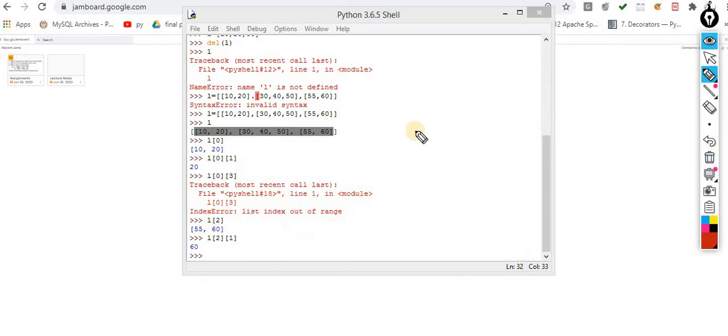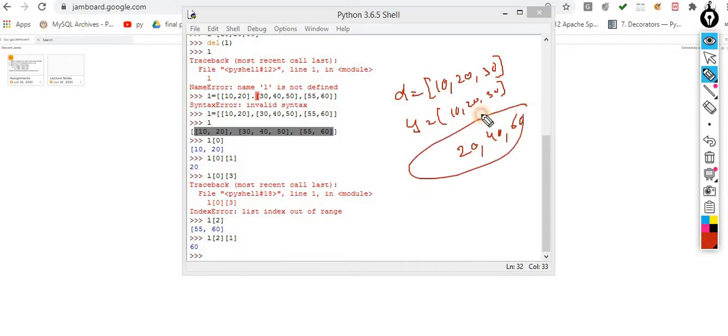For example, just take a simple example. Now this one is data: 10, 20, 30, and this one is another data. Let's suppose you want to perform addition on this data. You want 20, you want 40, you want 60. What do you have to do? You have to implement a loop, and that loop will process this, and again you perform the logic for the sum. Approximately you will write 3 or maybe 4 lines of code to perform this activity. But the same thing in NumPy and pandas is very simple: d plus y. That's it.